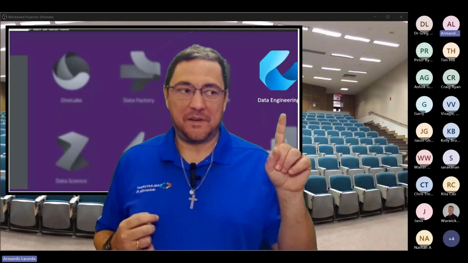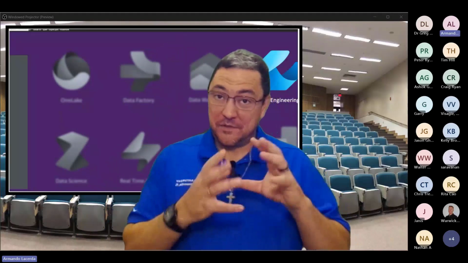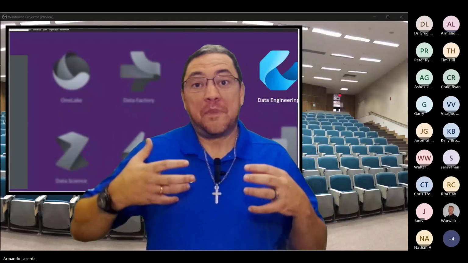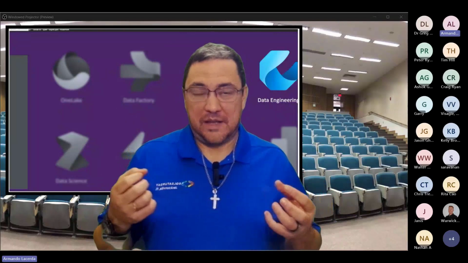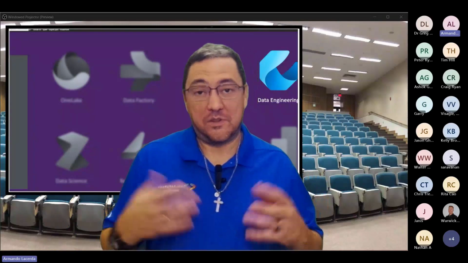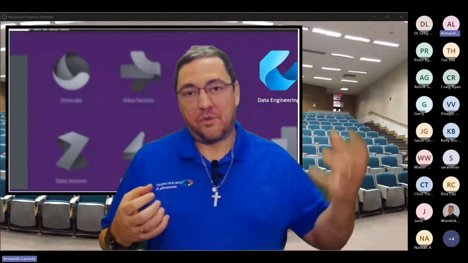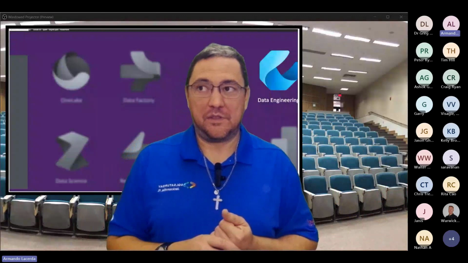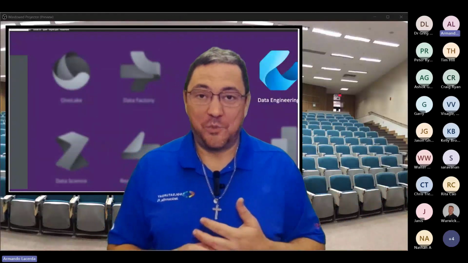This particular icon is the icon they have selected to represent this aspect of Fabric, which is data engineering, which is working with data transformations, from ingesting, which usually requires little or zero transformation, and then after ingestion, starting to transform it, normalizing it until we get to the dimensional model, if we're going in that direction, which is usually what Power BI likes to work with.